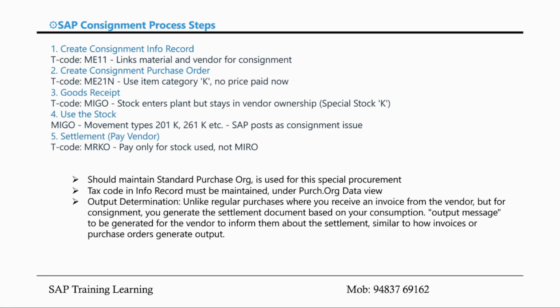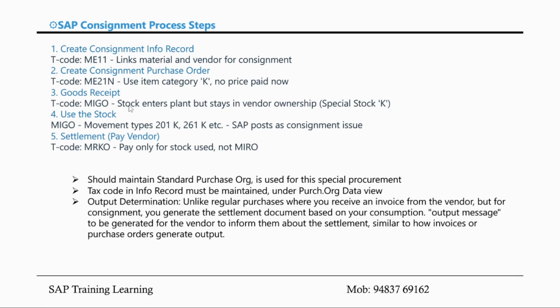their respective movement types. To recall my previous sessions, for consignment process steps, you should have an info record as mandatory and you create a consignment purchase order with item category K and you take the stocks as goods received with movement type 101K